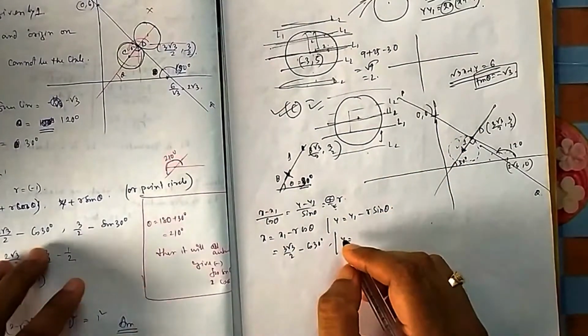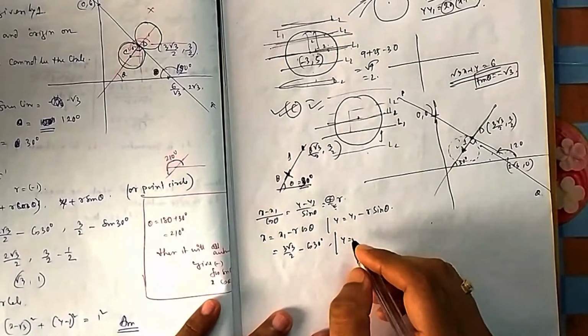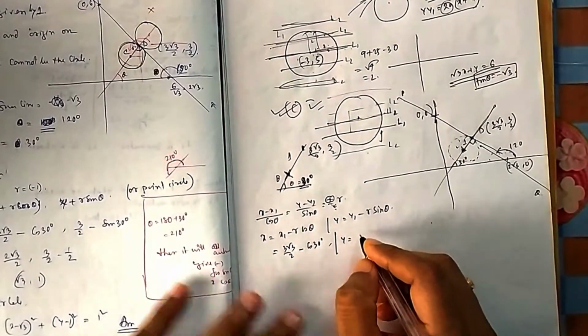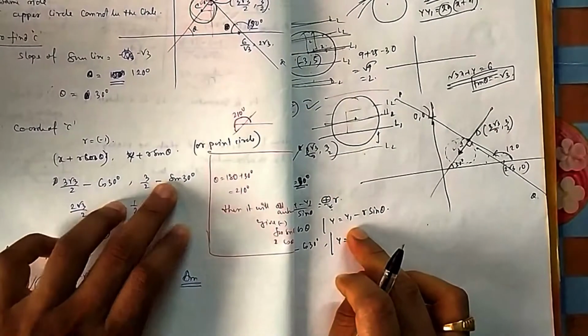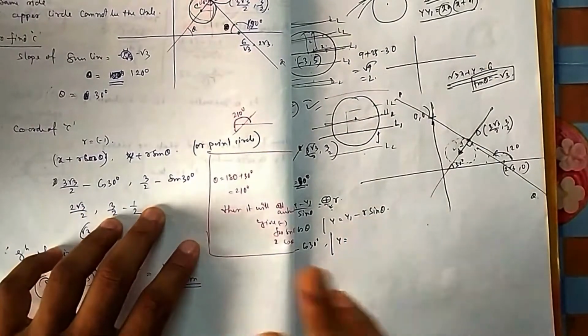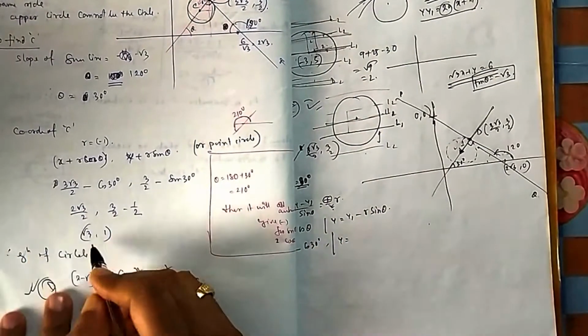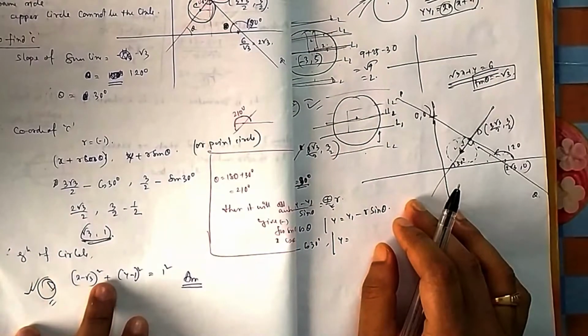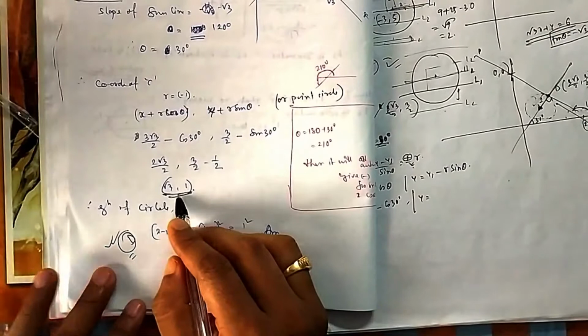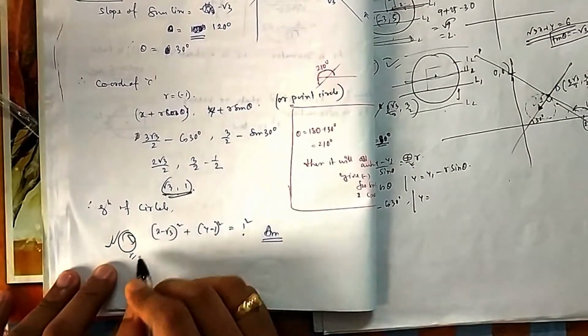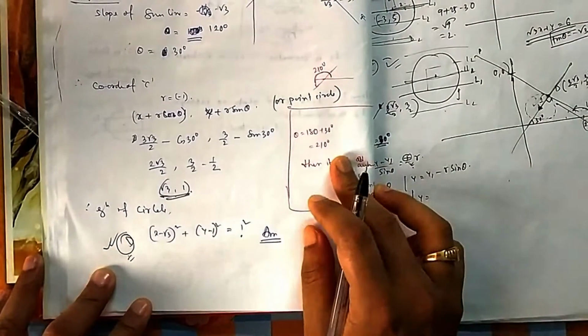So first job is done, first question is done. There are 3 parts, so first part is done. So again y1, same way you can see y1 is 3 by 2 minus r sin theta. So from this you found this point is known, then you can use the concept of equation of circle, because you know center, you know radius, so you can apply it. This is option D, you can check it out.